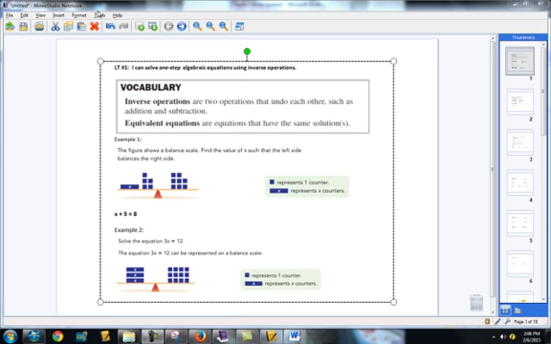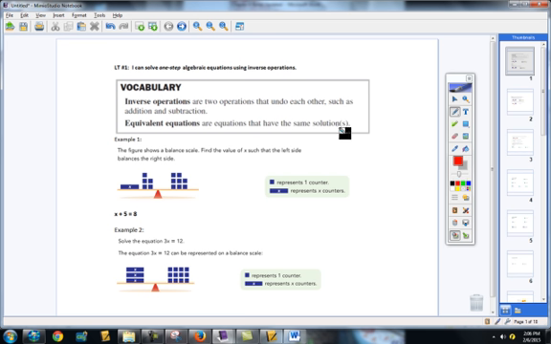Alright, so this is going to be the Chapter 8 Learning Target number 1 video. Hopefully you're doing it right now, over the weekend. This is the first target of our chapter, and it's all about equations. We already talked about yesterday, on Thursday, the difference between equations and expressions, and equations